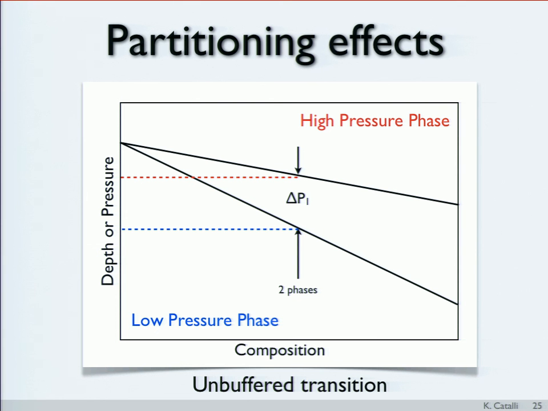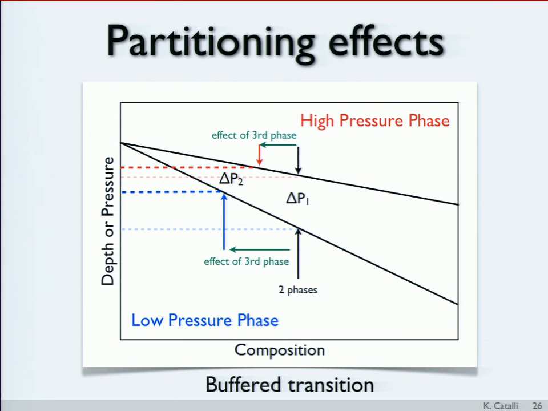And if you have to keep the composition of the low pressure phase equal to the high pressure phase, you have this fixed range where both phases coexist. But if you add in the effect of a third phase, it can vary the composition of the phase that's undergoing the transition. So instead of staying here, the third phase allows you to, for example, decrease the iron content of the phase that's undergoing the transition,